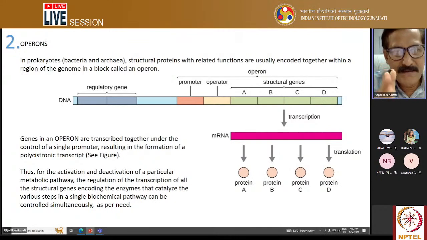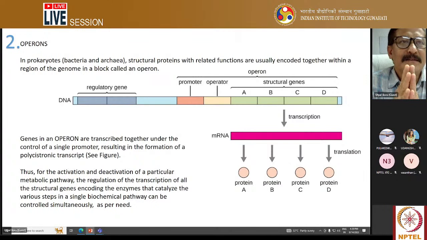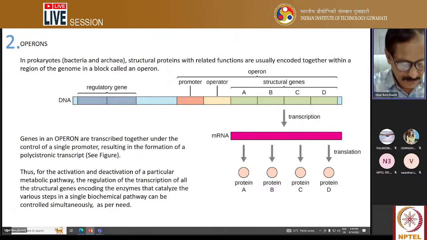And these restriction sites may be different from restriction site A or restriction site B. So in this case, although the site of restriction and the site of insert